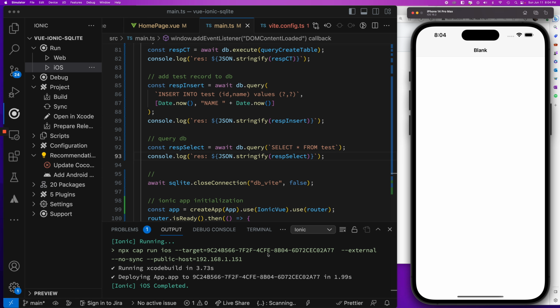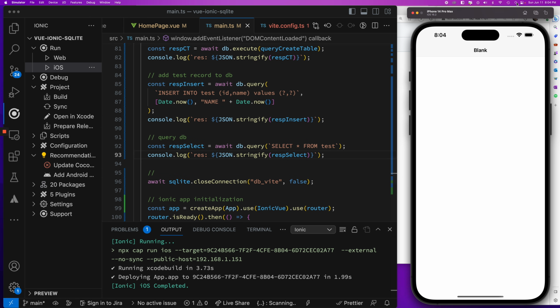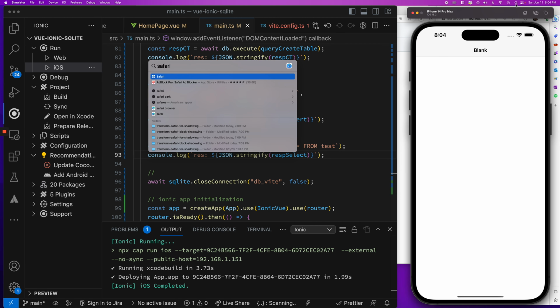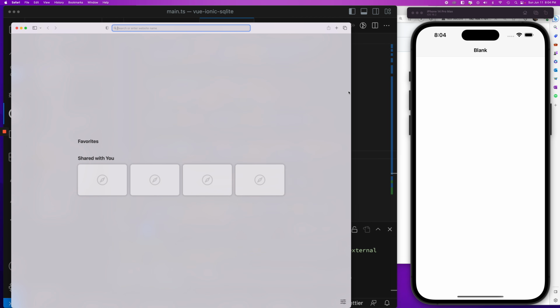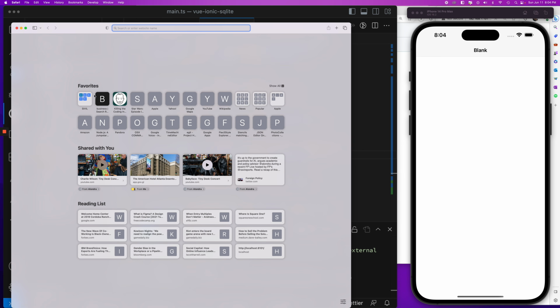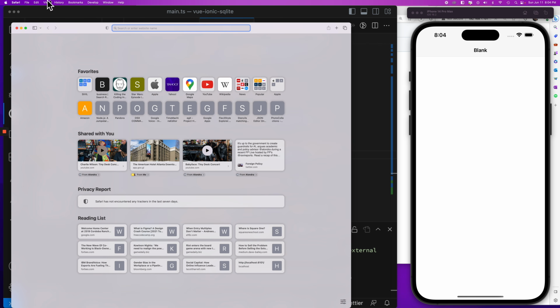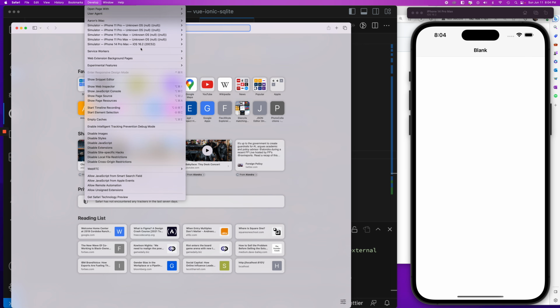So let's open up Safari. And now that Safari's open, let's open up a developer window,